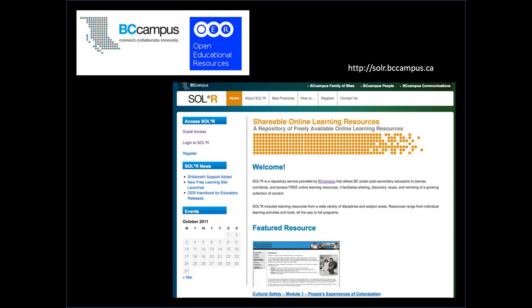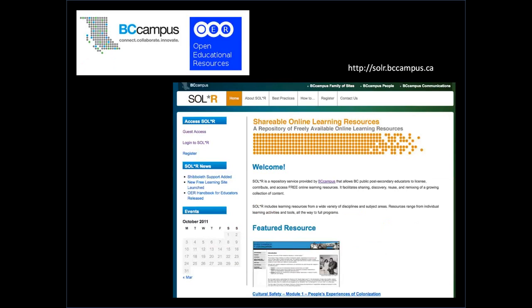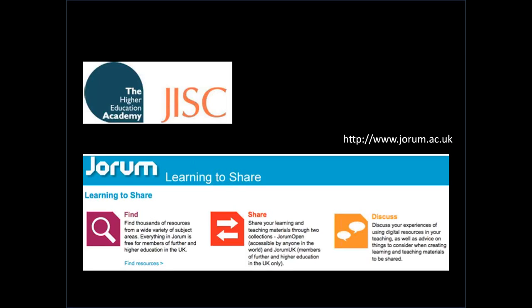The JISC initiative is exactly the same. They're storing their OER inside a repository called Jorum, where you can find, share, and discuss those resources. The TAC program is a little bit different yet in that it's not yet specified a central place where all the TAC resources will go, and maybe the Department of Labor will identify that and develop one, or maybe those who receive grants will simply be responsible for making those resources openly available through whatever means they deem appropriate.